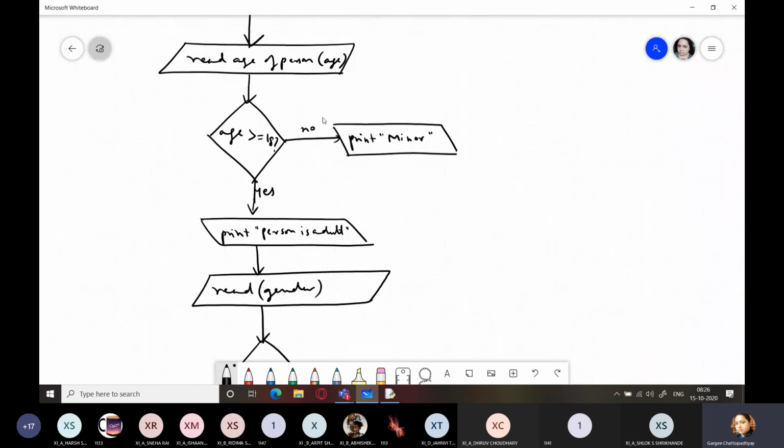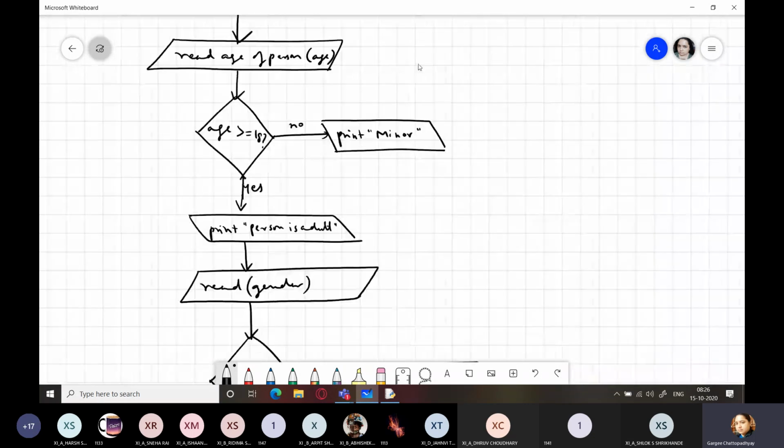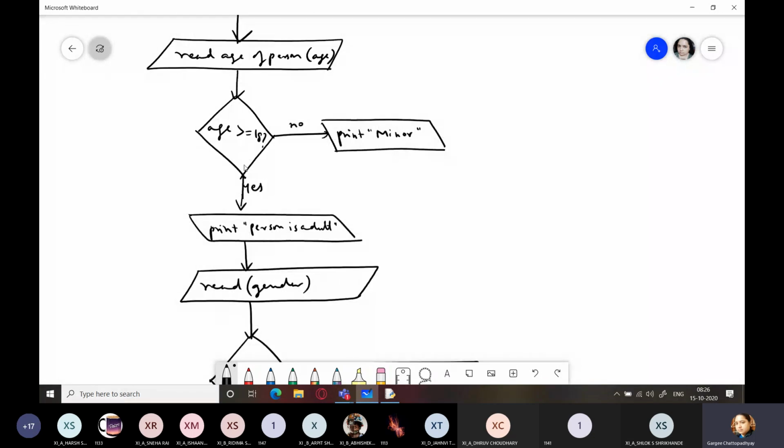Let's come a little higher up over here where we were checking the age of the person. If the person is not 18 years of age, it is 100% implied that the person is a minor. So in case of female also, obviously it will be printed that person is a minor.